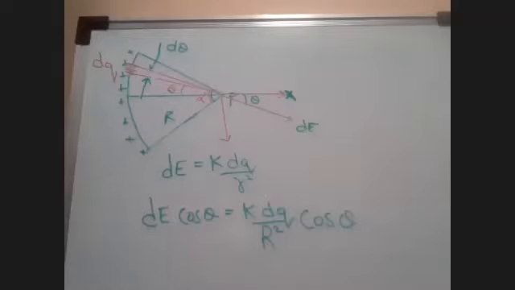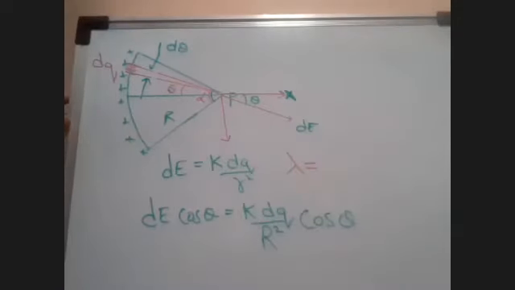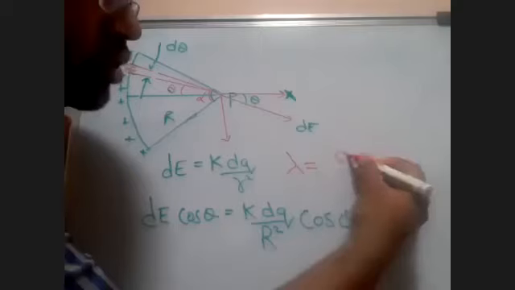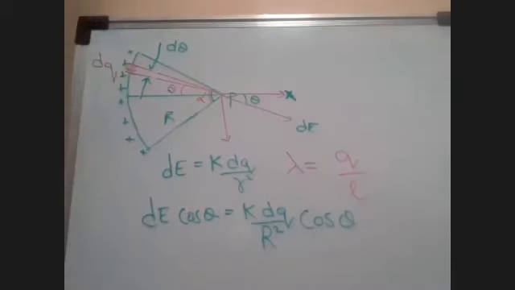So here comes the concept of charge density. You might know this, but it's just a revision if you know it. If you don't know, pay attention. Here I will put charge density. What is charge density? It is simple. I'll write it in red over here. Charge density lambda is equal to Q upon L.